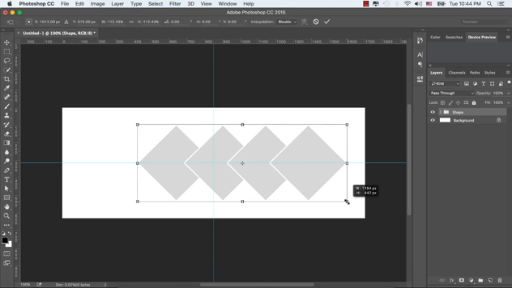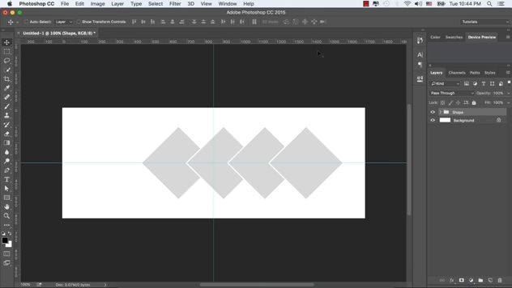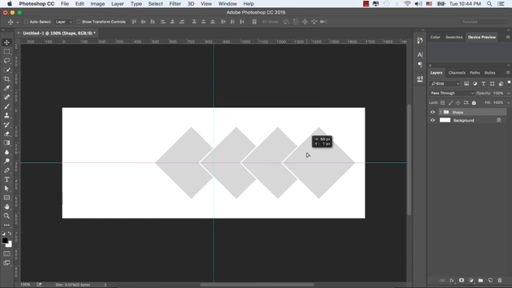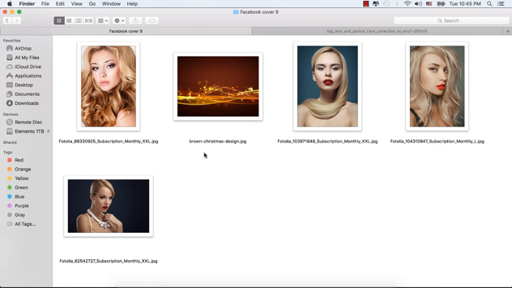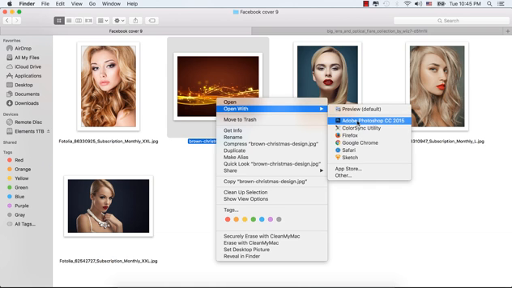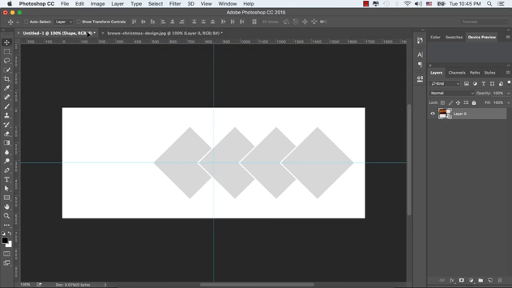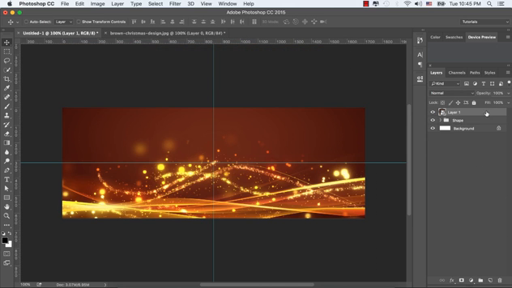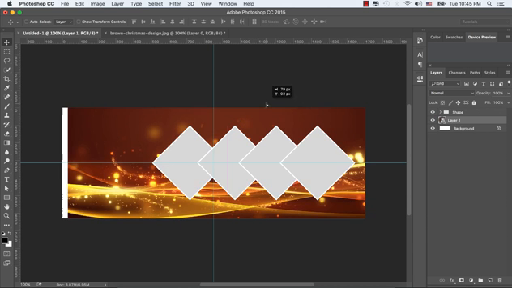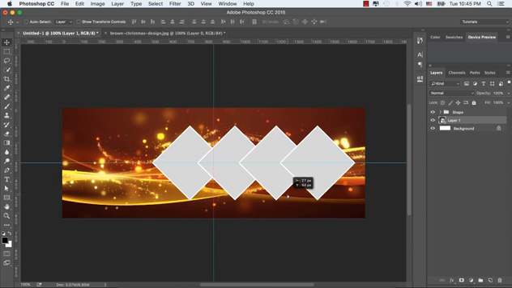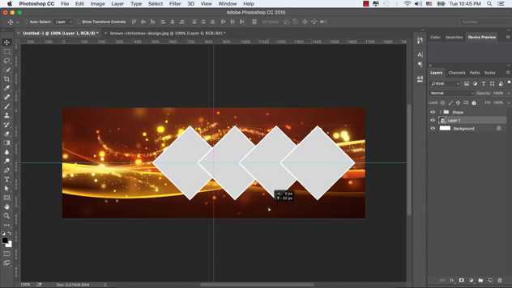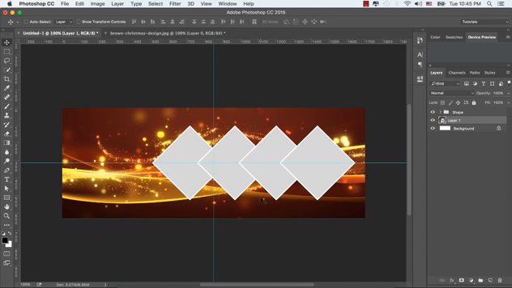Let's press Ctrl or Command T in order to transform this whole group and make it a little bit bigger and reposition it using the move tool. Let's take the background image from the image folder and convert it to a smart object, and let's reposition it.